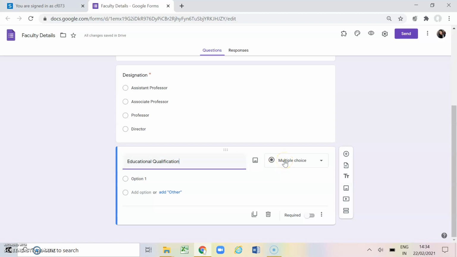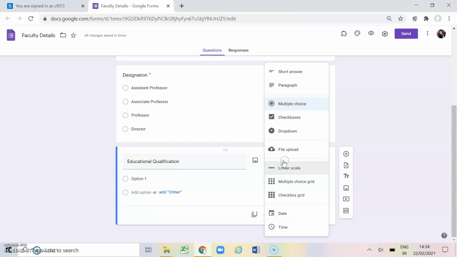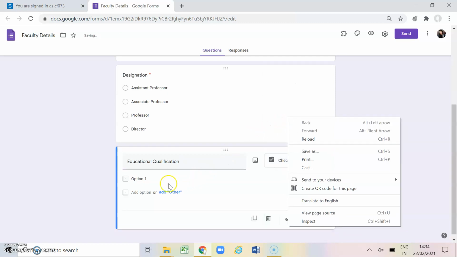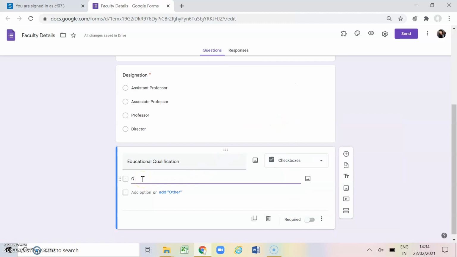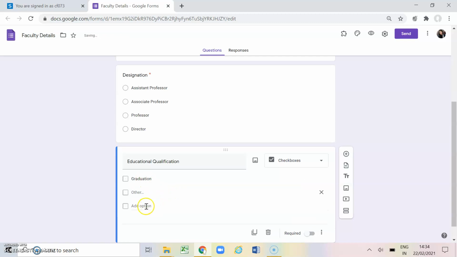So for that I cannot go for multiple choice. So with this I'm referring to check boxes. Now, first option I am giving it as graduation. Another option is post graduation. Then I have MPhil.